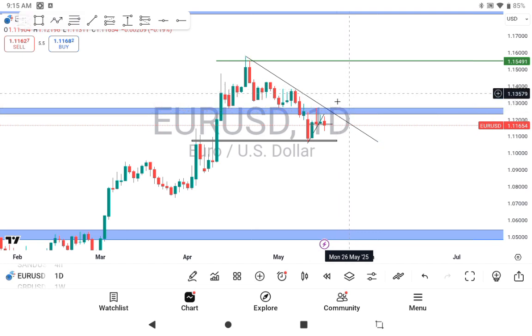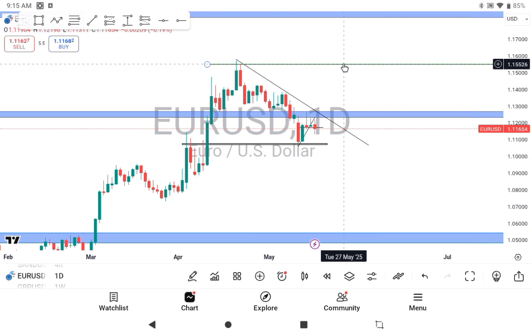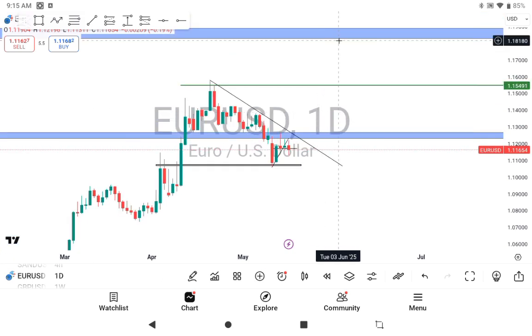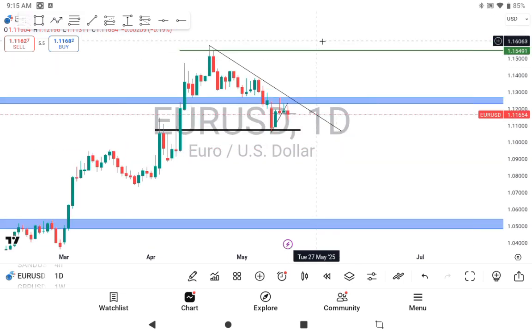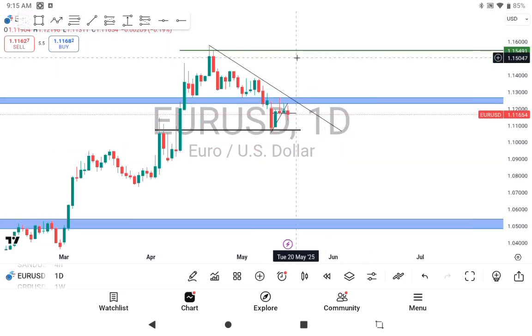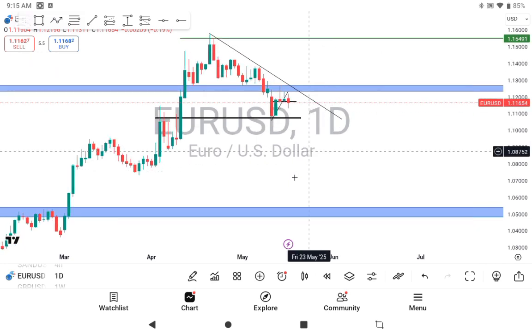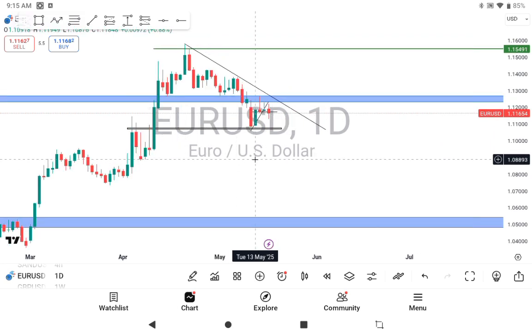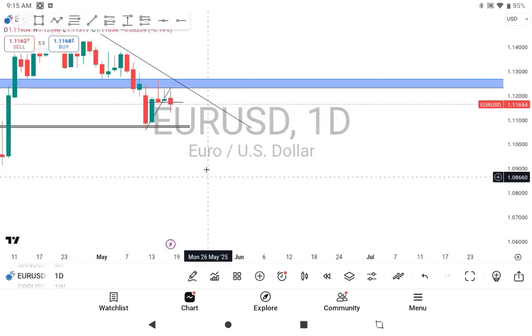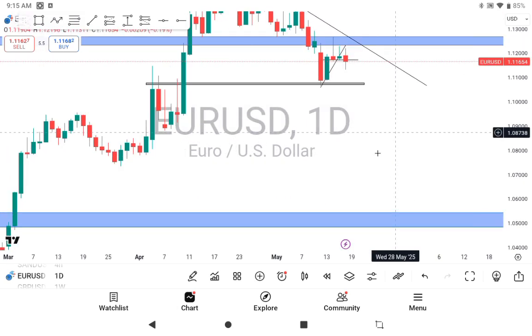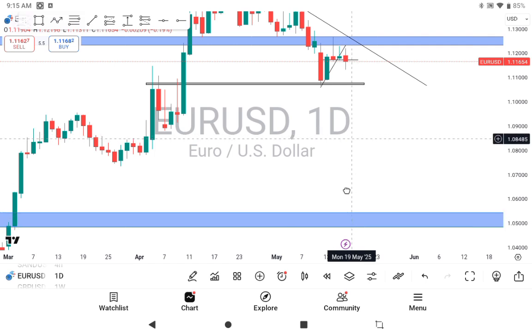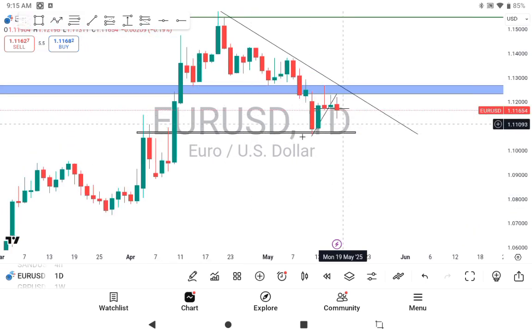Ladies and gentlemen, Euro USD will attempt this green bar, and if this green bar is cleared, Euro USD will elevate right here. But if this green bar is not cleared and it holds for a double top, Euro USD will sell down. Like I've said earlier, the deciding factor on Euro USD, if it will come down right here, is this support level. If this support level is taken out,